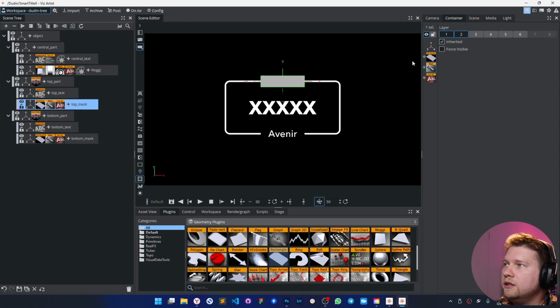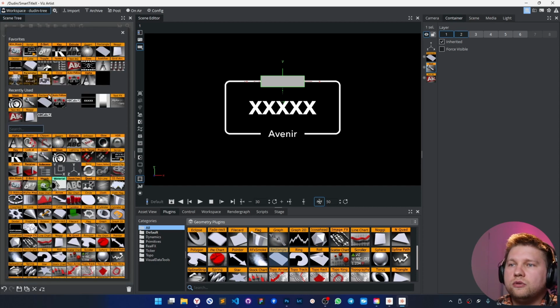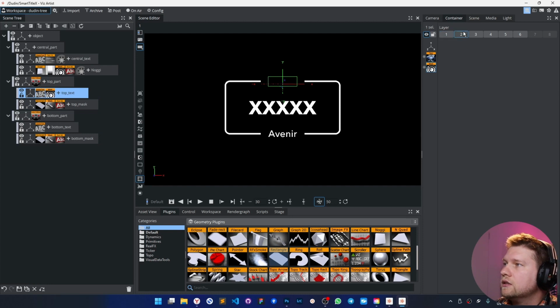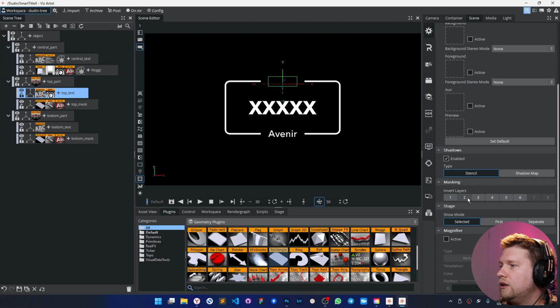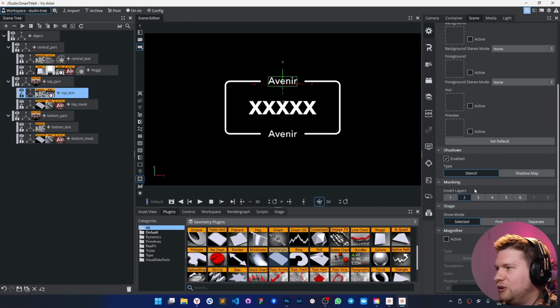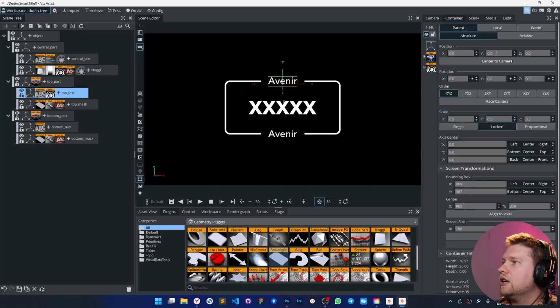Let's just enable it, and use for the top text mask target also only the second layer. But in this case, I'm going to change invert mask from off to on. That's pretty easy. And now I can just take a look. I can move it like that, and it works just magically.